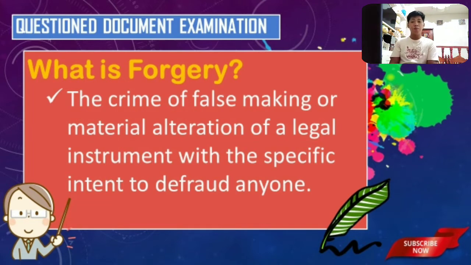So one of the things that we must remember with regards to forgery, pag pinag-uusapan natin ang forgery, is number one, how it is done. Paano ba siya ginagawa? Yes, it is through the so-called false making or making a material alteration. So what is material alteration, by the way? It's somewhat like an alteration of the content of a certain document that changes the substance or the context of the document. Pag may binago ka doon sa document na kung saan pwede nitong mabago yung pinaka-context ng document,